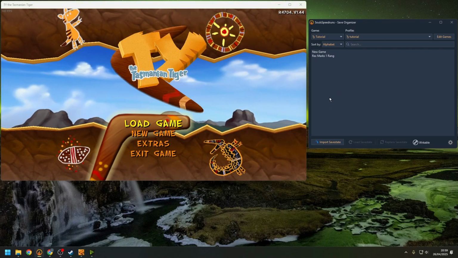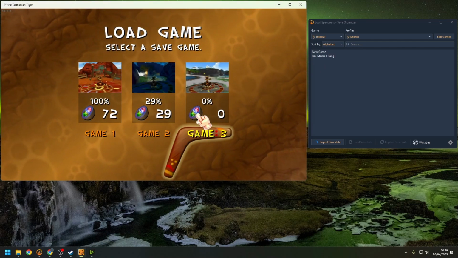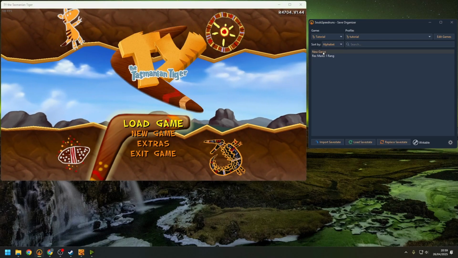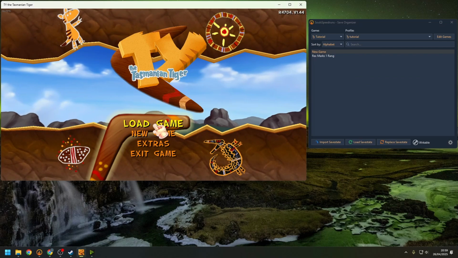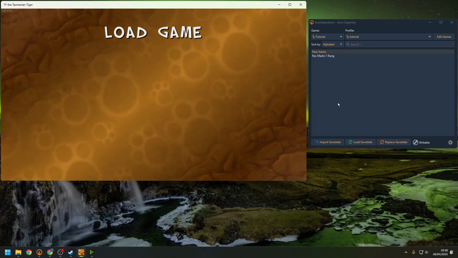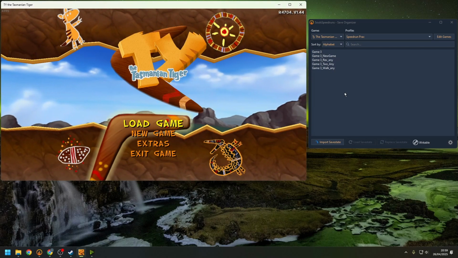So then if we're on this screen, if you look in here, my save file 3 is currently Rex Marks 1 Rang. But I just go to the main menu, I highlight this new game, I click load save state, and it'll say load successful. And then you see when I go in, now it's the new save file again, which is really handy. I went through earlier, obviously, and did this for all of the levels in